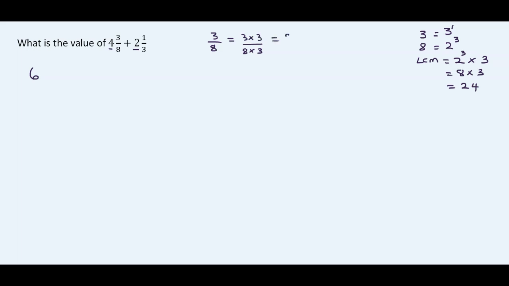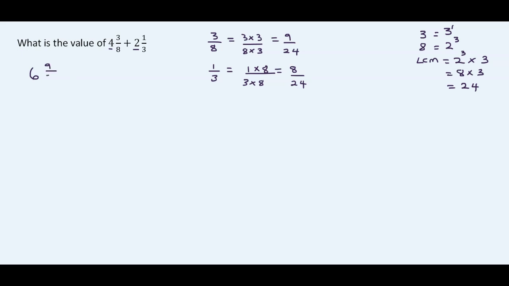This is going to give us 9/24. Now we have 1/3. We have to multiply 3 by 8. And we also multiply 1 by 8. This is going to give us 8/24. Now our fractions are going to be